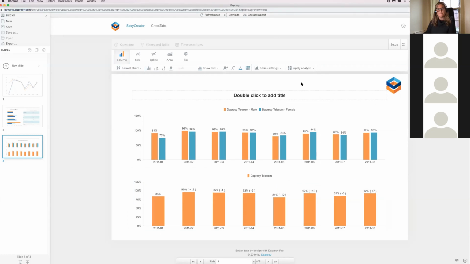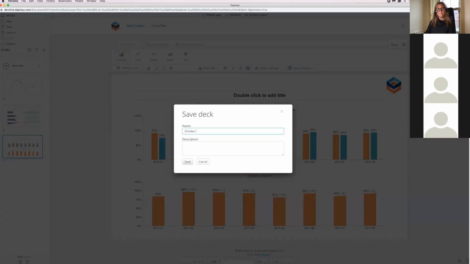Once you have a deck created, you can save it online for future access. This means the next time you log in, you don't have to start from scratch and rebuild this deck. You can just navigate to the left side panel here and save your deck. So for example, I want to save this as October Brand Report